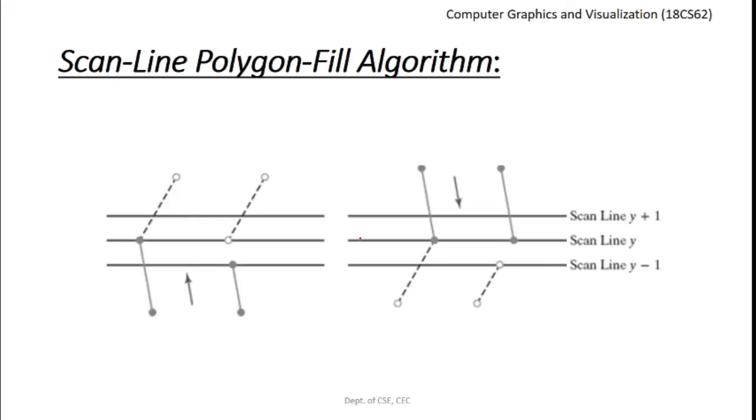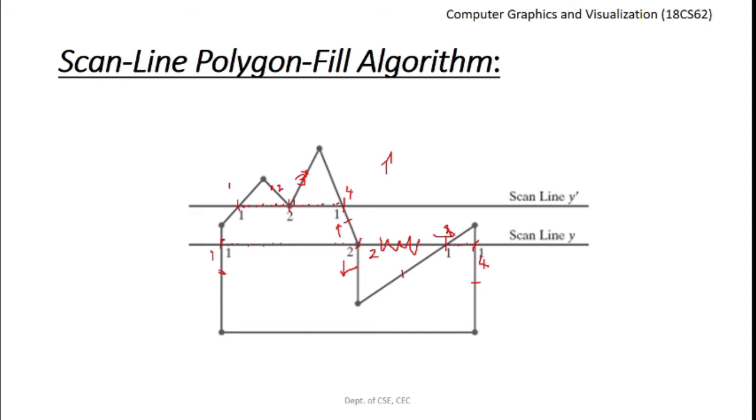Now, how do we do that? We do that by shortening one of the edges. So whenever we are moving in this direction, okay, there are two methods. Either we can shorten the current edge as it is shown here and retain the next edge as it is, or we can retain the current edge as it is and shorten the next edge. So we need to shorten one of the edges to count the number of edge intersections as only one whenever a scan line passes through a vertex where the edges are in the opposite direction.